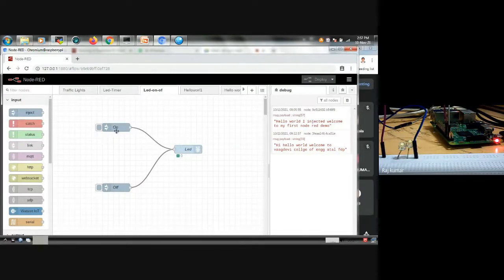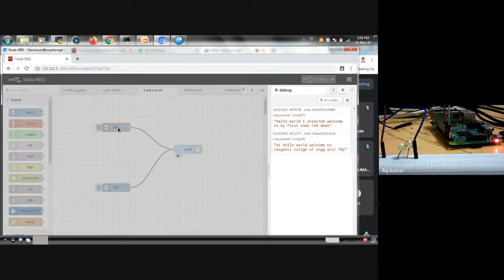In the first inject button, I'm using 1 to switch on the LED, and the second one will be the off. When I press the off inject button, this node will send a signal as 0. By default the value of this inject node is the number 0. Only two values we can send, either 0 or 1. I have not tested 2, 3. We'll see that. In the node description, you can see what properties have been changed.